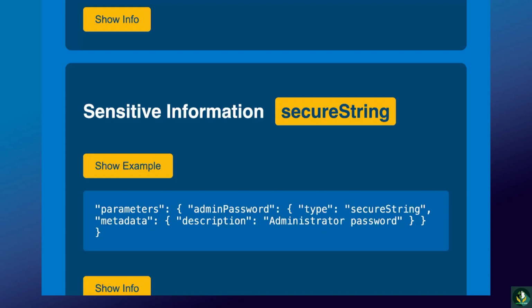Then we use secure string for passwords and secrets, and we are acting on the recommendation. We use the secure string type for any parameter that handles sensitive information, such as passwords. This ensures the value is encrypted and not stored in plain text. Then the type of the admin password parameter is set to secure string. This ensures that the password is encrypted during deployment and cannot be retrieved or logged in plain text after deployment. And again, we are providing